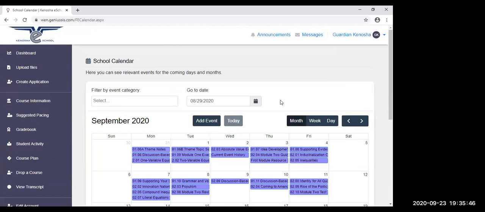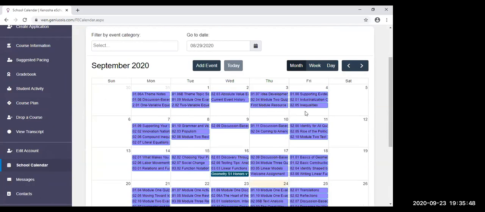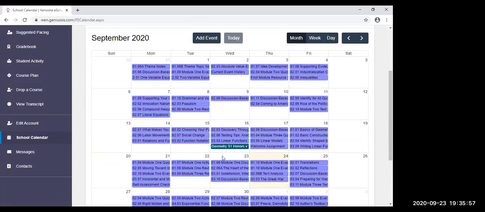If you click on school calendar, you're going to see this populate with the due dates for each of your child's courses. You can see some of the different assignments show up here as to when they're due. So it's a good visual to keep track of what is due and when, in addition to actually going in the course and seeing the gradebook due dates. Messages.